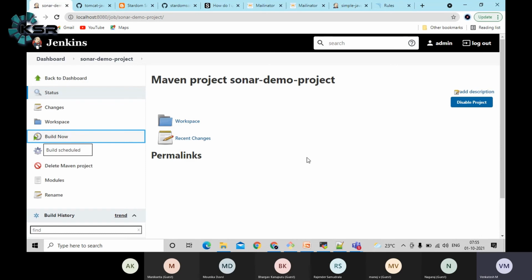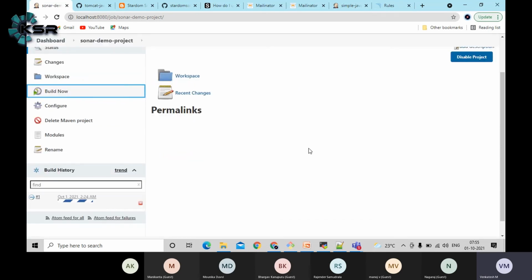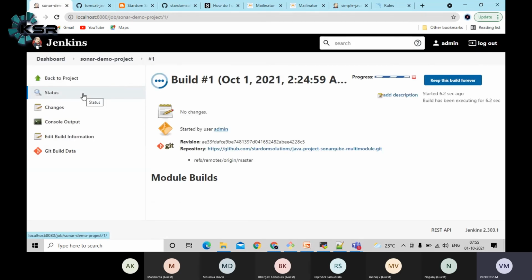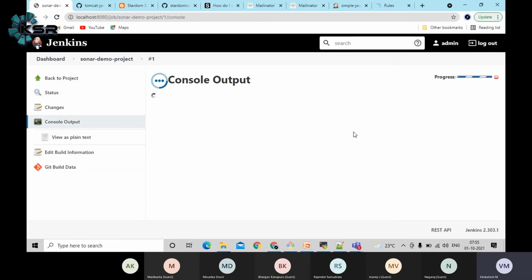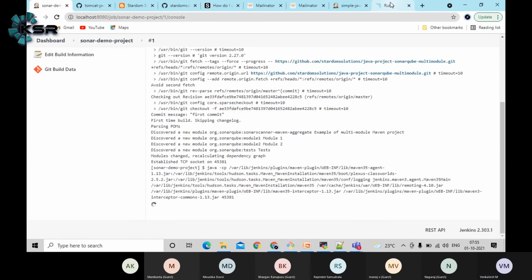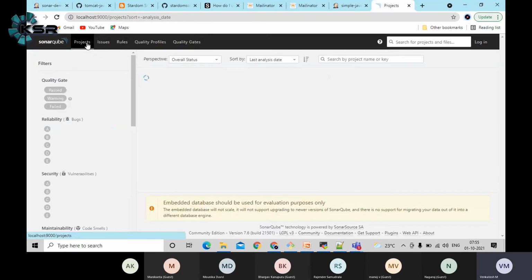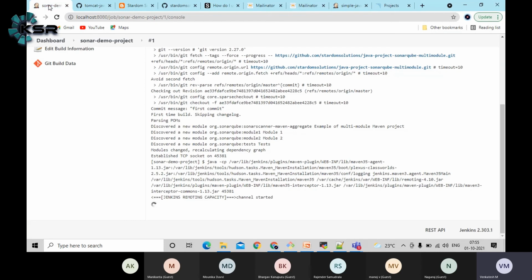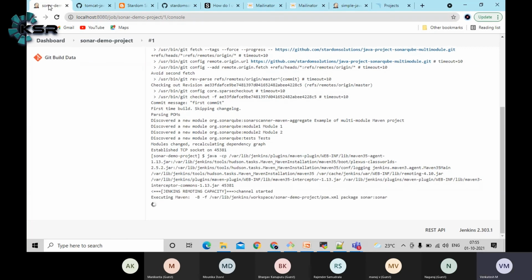Since this is the first time setup, it may take more time, guys, to download all the relevant plugins. Let's be patient. After successful completion of the job, it should create a project here in the project section with all the code quality rules, guys. Currently this is empty, right? So that should show the real-time data of the particular repository. Let's wait. Yeah, this starts with the Maven scanning, Maven execution.